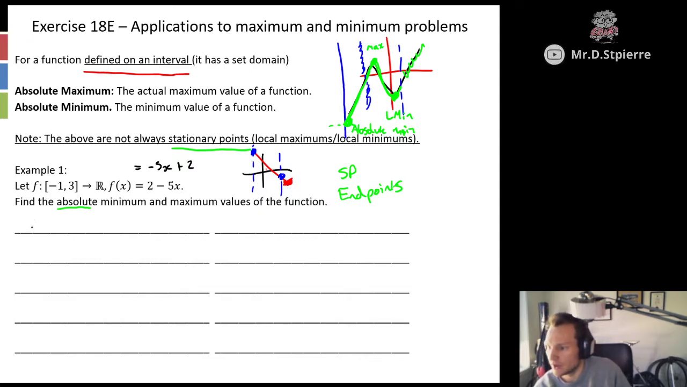So straight away, let's find the left-hand point, which will actually be our maximum point. So we're going to let x equal to -1. So we get f of -1 is equal to 2 minus -5